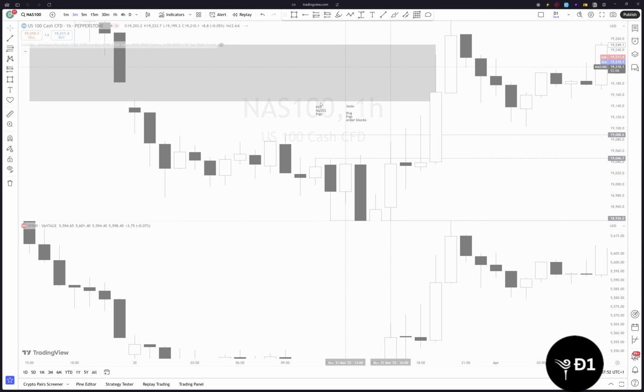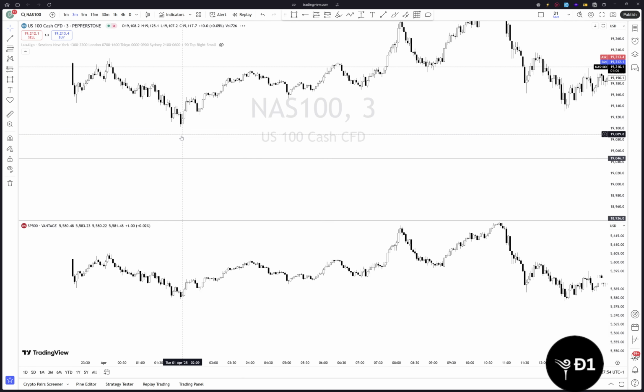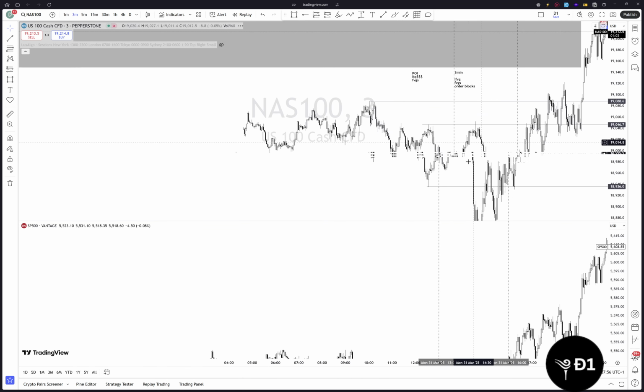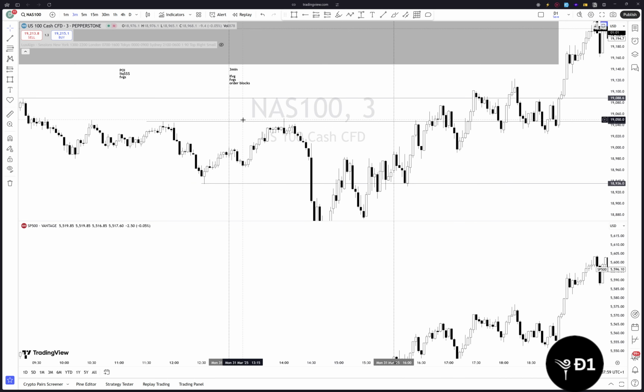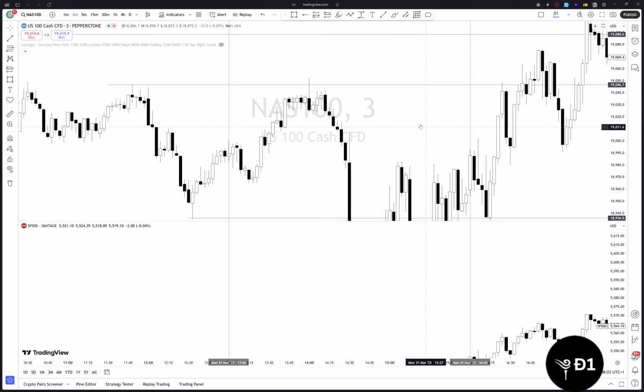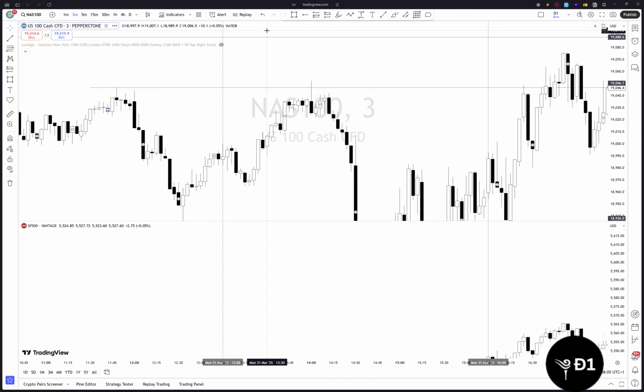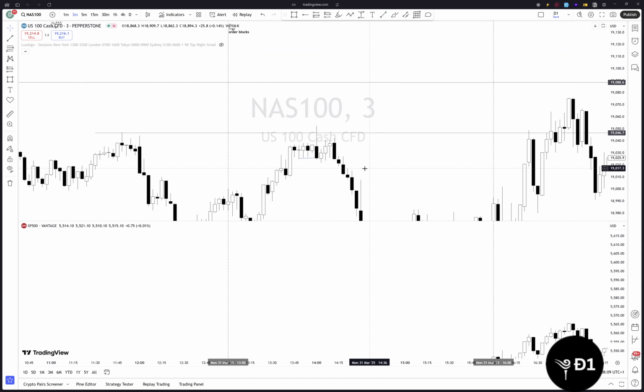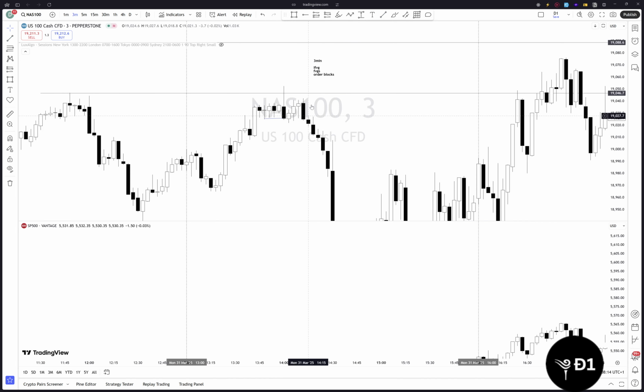I scale down into the 3 minute, looking out for what? My order blocks, fair value gaps, or inverse fair value gaps. Now we had this liquidity taken out, so all this area of point of interest taken out. We had that 3 minute break. Alright, we had that 3 minute break. What are we now looking out for? Fair value gaps, order blocks. And